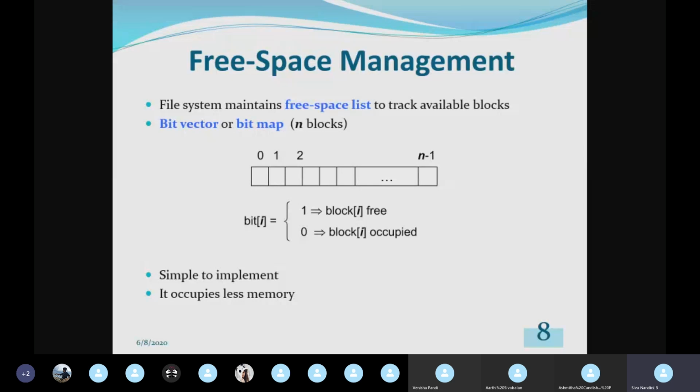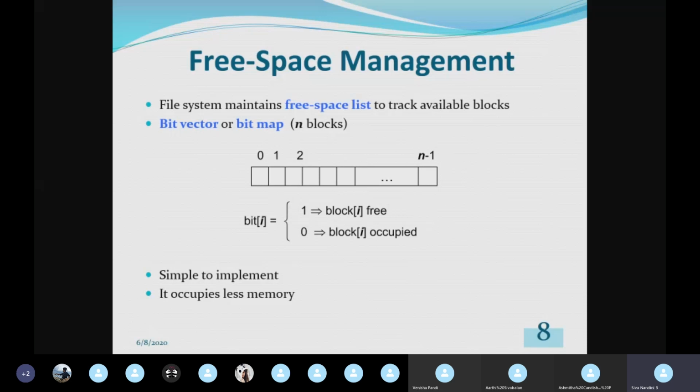So we will be having a bit associated with each and every logical block. Here I have assumed bit i. For each and every logical block I am having a bit i. If that particular bit is 1, that logical block is free. If that bit is 0, that logical block is filled or occupied by some other content. Likewise, we can keep track of the free blocks in the disk storage.